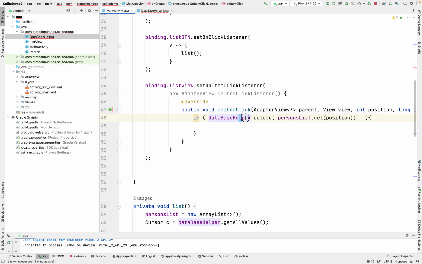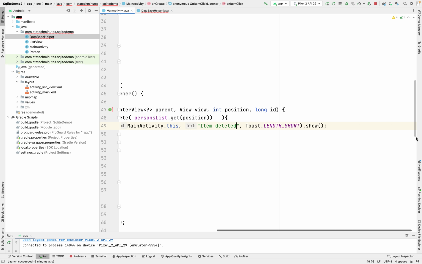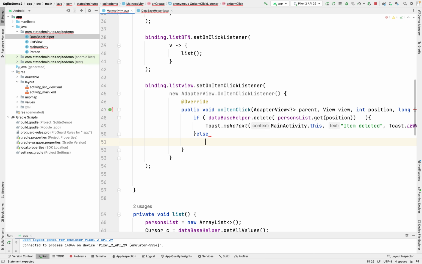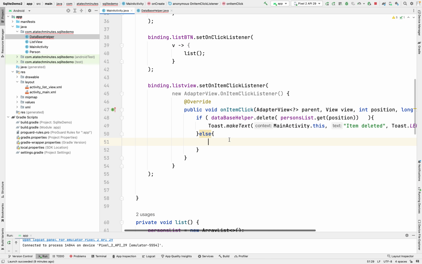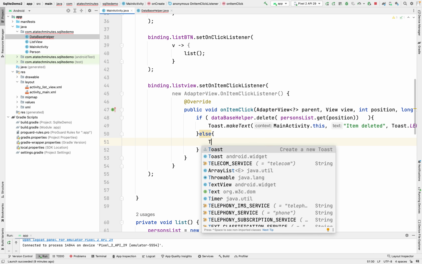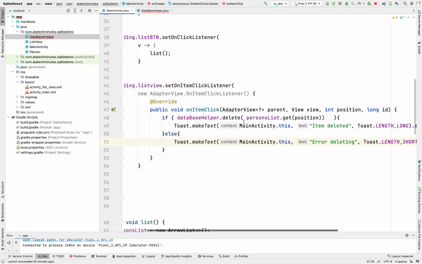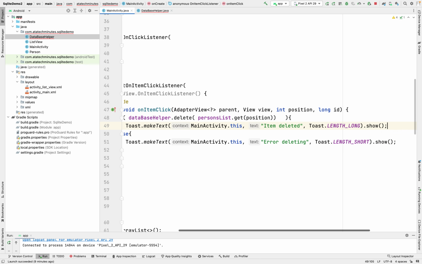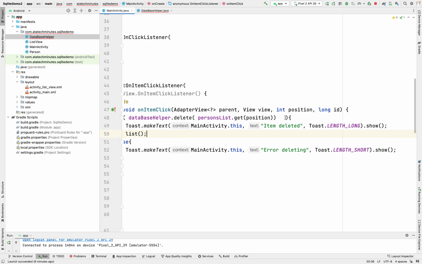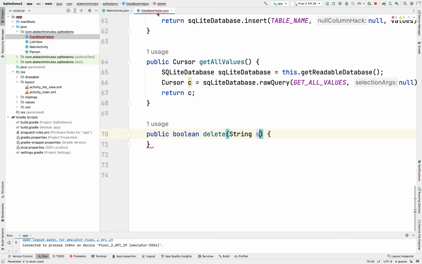if it is a success there, we can just put some message here showing that item deleted, and we can put some log here, and else we can just put another message and say error deleting, and after deleting the item we will list it again. So going to the database helper, we can just